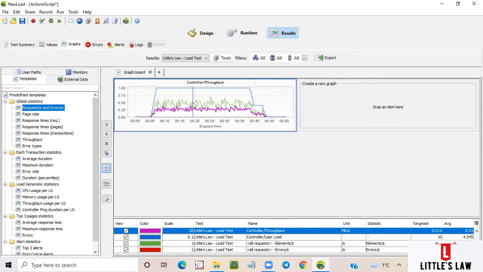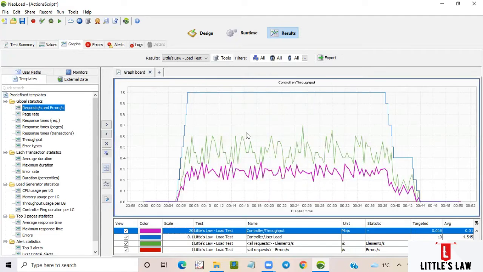It's always good to have a graph this way so that it will be easy for everyone to understand. So here you can see the throughput and the requests per second were in sync. I mean, both of them look alike. Whenever you see an increase in the throughput, the number of requests also increases, and whenever there's an increase in requests, the throughput also increases. And whenever there is a dip, a fall, it also goes down. That's how the throughput and the requests, the hits per second, will behave.